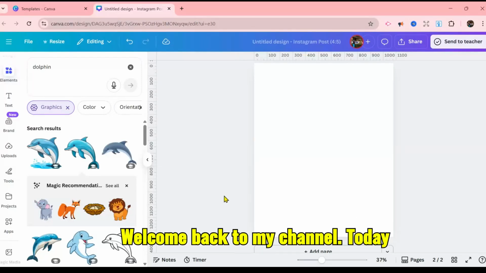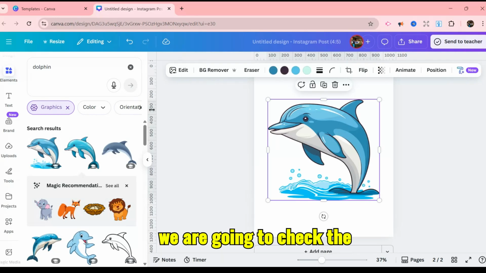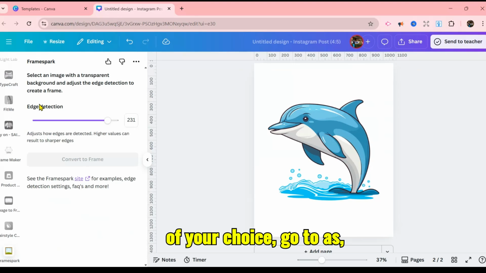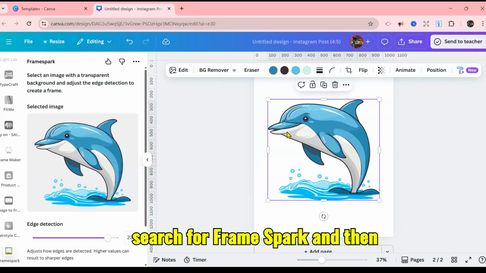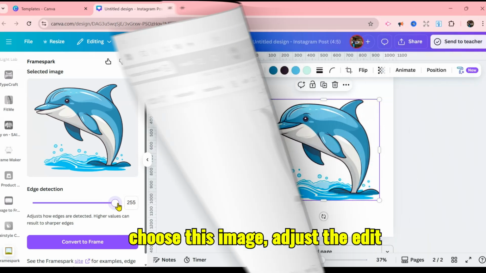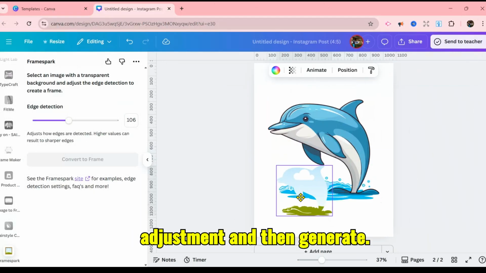Today we are going to check the app Frame Spark. Choose an image of your choice. Go to apps, search for Frame Spark, and then choose this image. Adjust the edit adjustment, and then generate